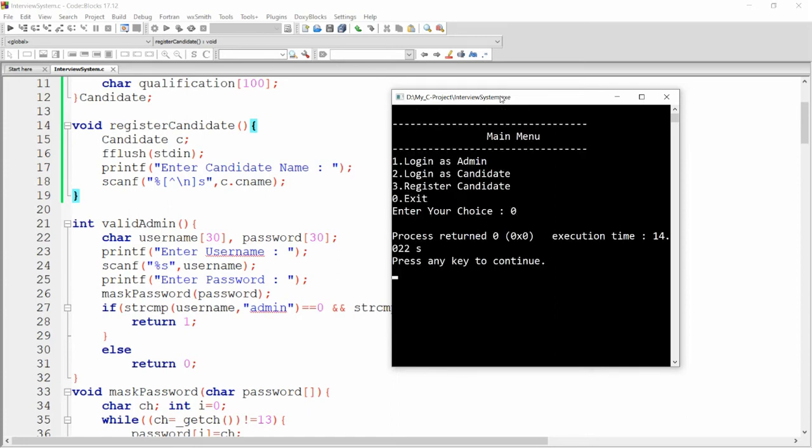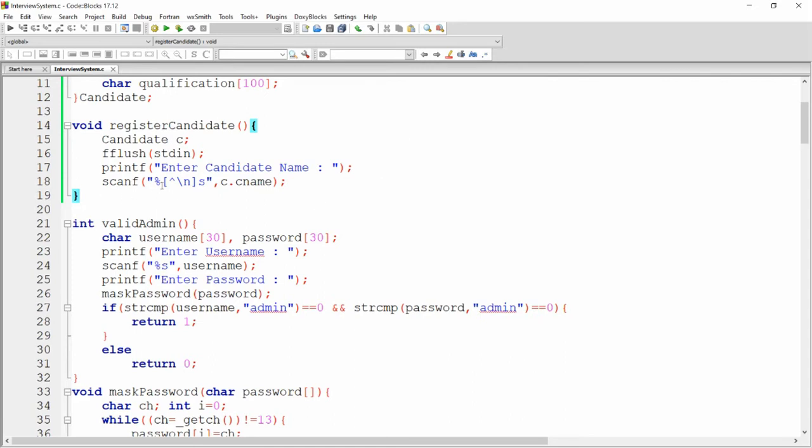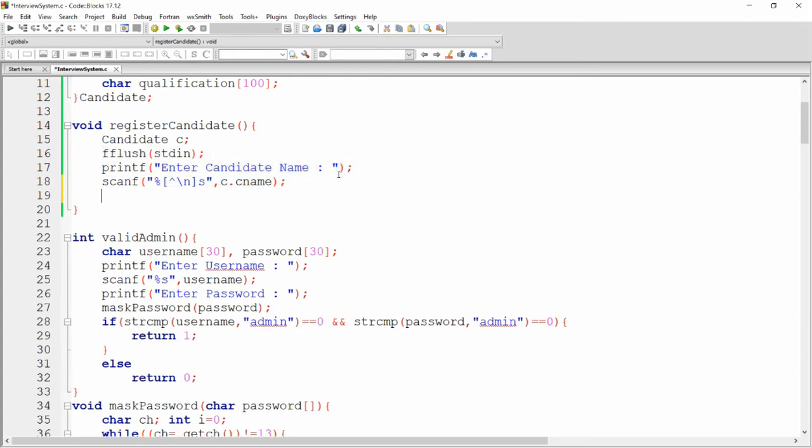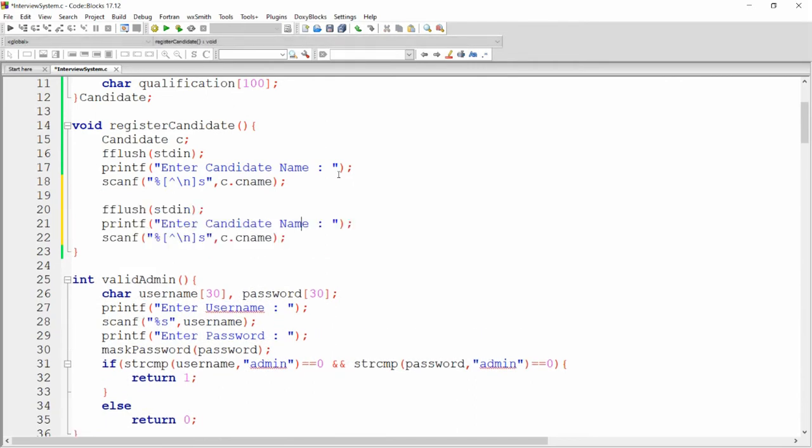So if you want to take input from the user with spaces, you can write it like this: until and unless the user presses enter, I want to run this, right? But before that, fflush of the standard input. Now I want to take the username also. So let me copy these 3 statements and paste them over here.